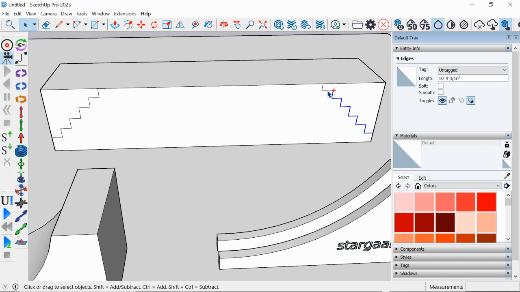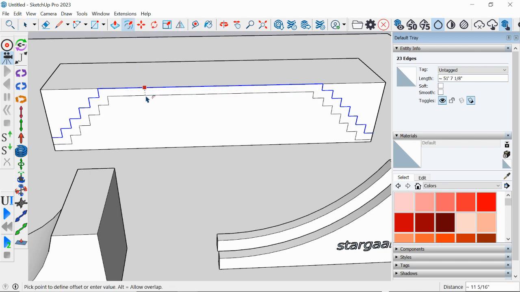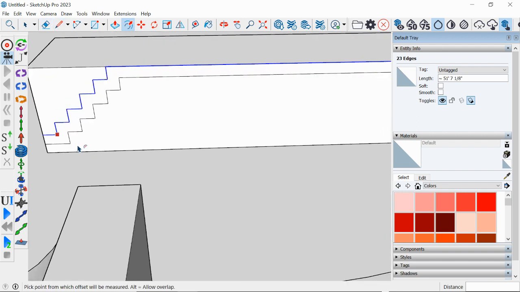Very hard. Very, very hard. Bam. I'm going to do the same on this guy. Bam. Then I'm going to use the offset tool. Look at that. Offset. I'm going to offset it in. Perfect. Okay, so now I'm going to go in and in the corner down here,